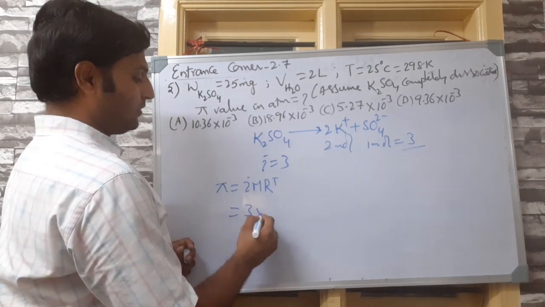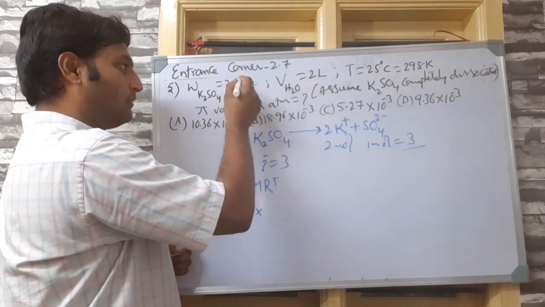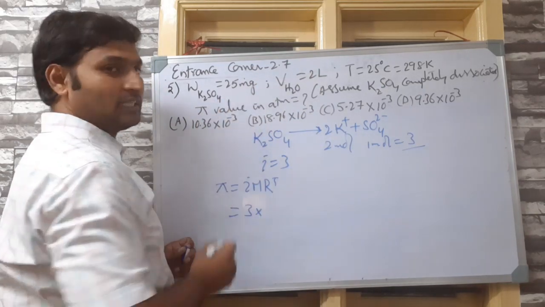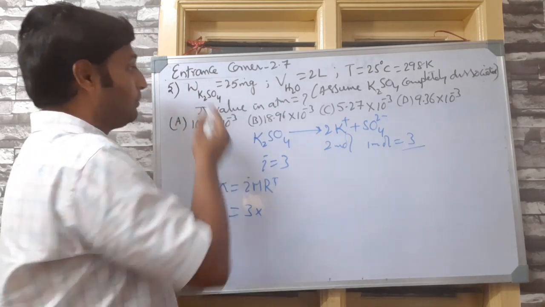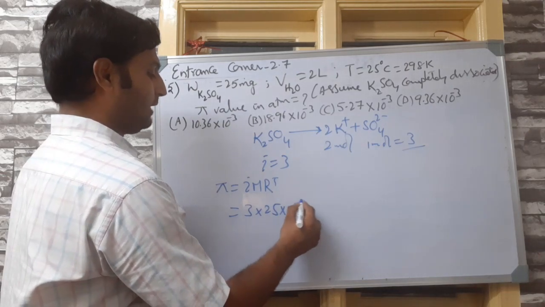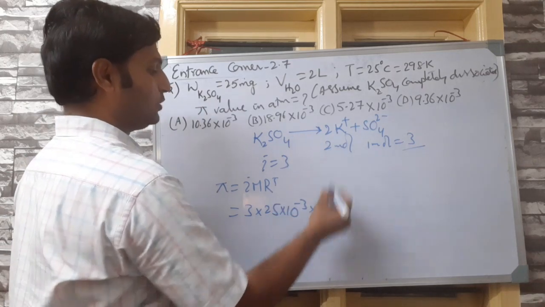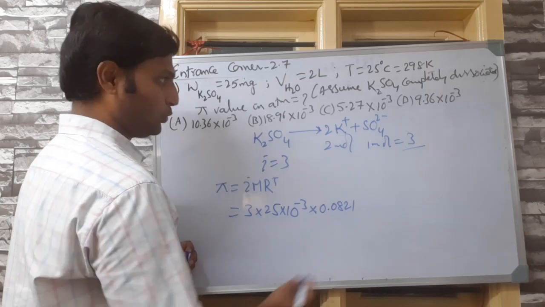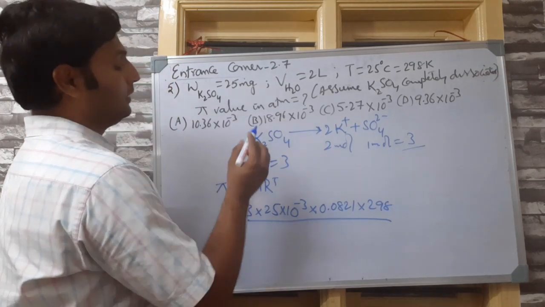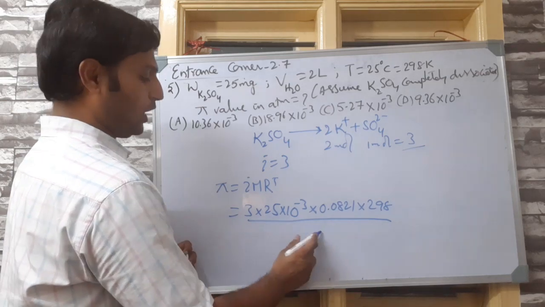I value we are substituting 3 into molarity, because the volume is given in liters. Directly I can take weight of solute by molar mass of solute into volume. Now weight of solute is given as 25 milligrams, but we need it in grams because molar mass will be in grams per mole. So 25 into 10 power minus 3 is the weight. Then R value, because he needs the answer in atmosphere, 0.0821 into temperature 298 Kelvin, divided by weight by molar mass into volume you have to take.